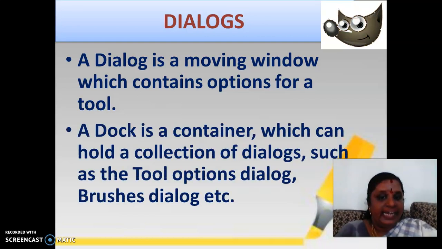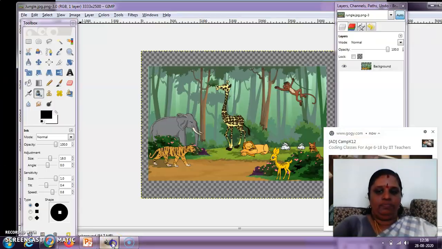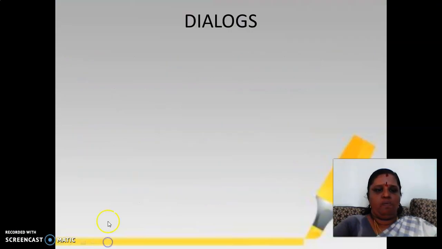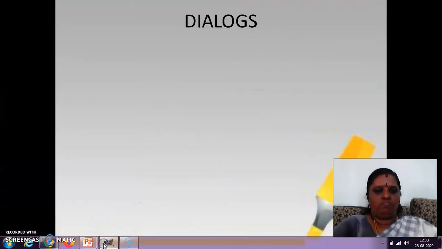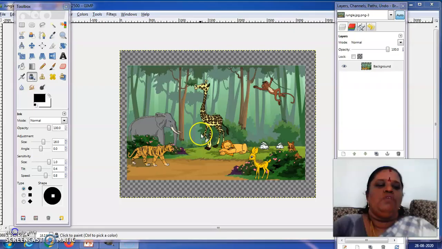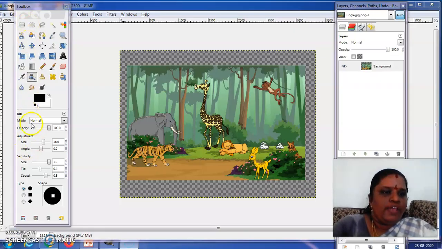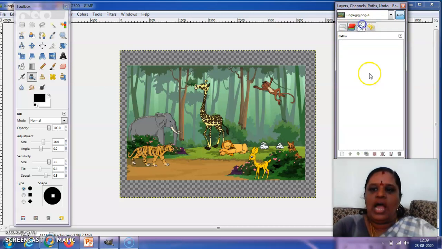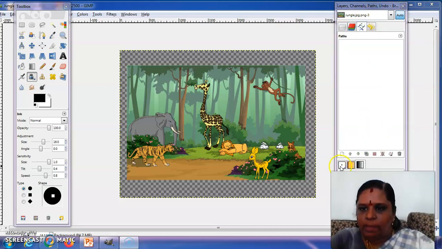A dock is a container which can hold a collection of dialogues such as the tool options dialogue, brushes dialogue, etc. Got it? For example, we have here these, which are all called dialogues. This is the tool options dialogue, this is the layers dialogue, this is the channels dialogue, this is the paths, and this is the undo. And here also we have brushes,